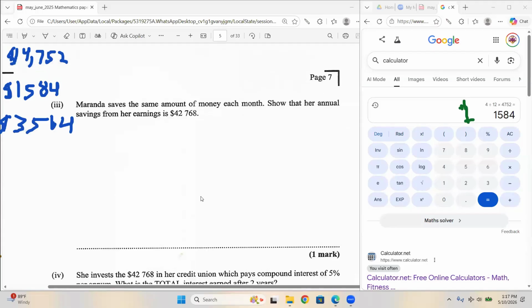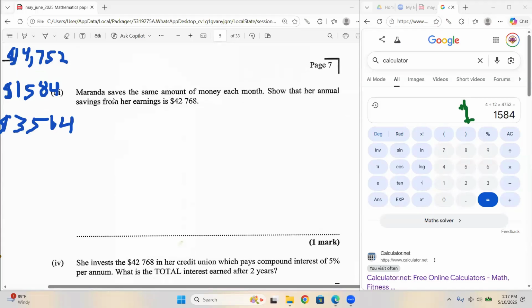Yes. So we have Miranda here, who saves the same amount of money each month. Show that her annual savings from her earnings, that is, yearly, is... Well, thank you, Ophelia again. So this would have been her savings, right? If I recall correctly, this would have been her savings. So we multiply this by 12. We're supposed to get, based on what they're telling us,